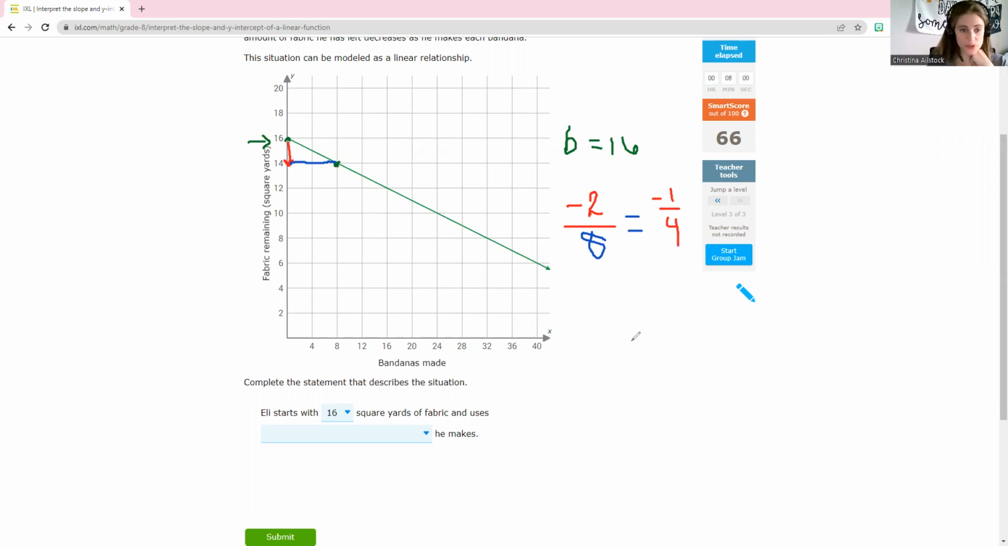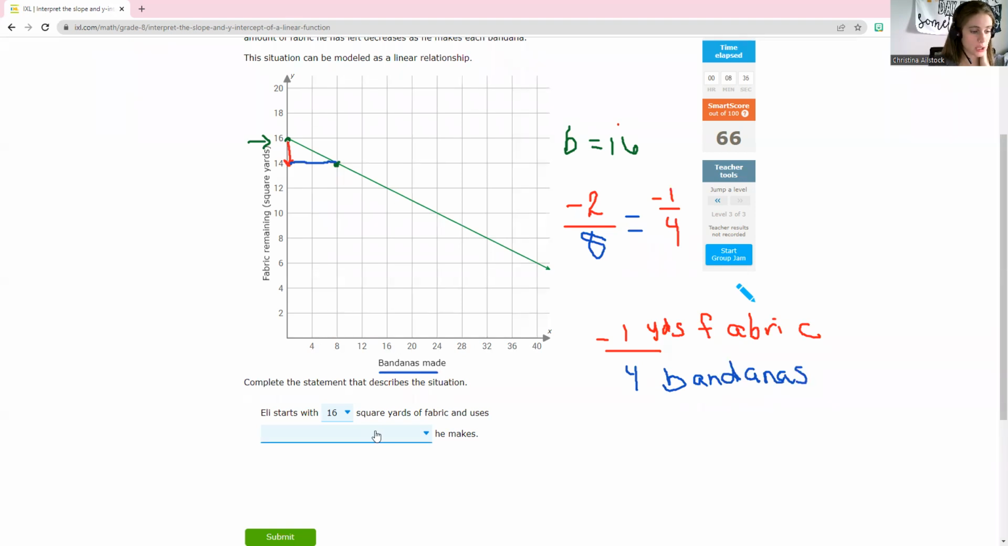Now we need our labels. I'm going to write this down below so we can see it better. But our labels match up with our numbers. So this -1 is our y value, meaning we're going to look at the y label, which would be the yards of fabric. So yards of fabric. And then the 4 is our x value, which would be the bandanas made. If we look at our answer choices here, look, that'd be the second one here, 1 square yard